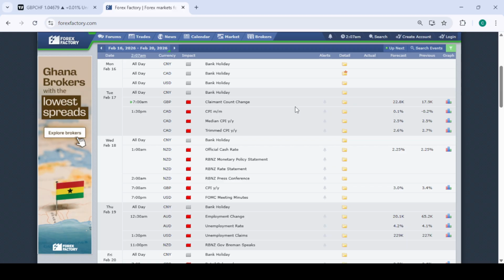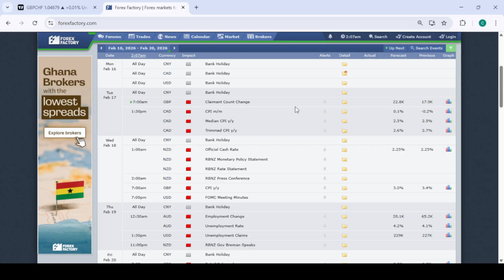So in the early hours of the session, I think the Asian session, we're going to have the NZD official cash rate and the monetary policy statement. This is a very high impact news, and we need to take caution of that if you're holding any NZD pair around that time. Later in the morning, we're going to have the GBPCAD, and in the evening we're going to have the FOMC meeting